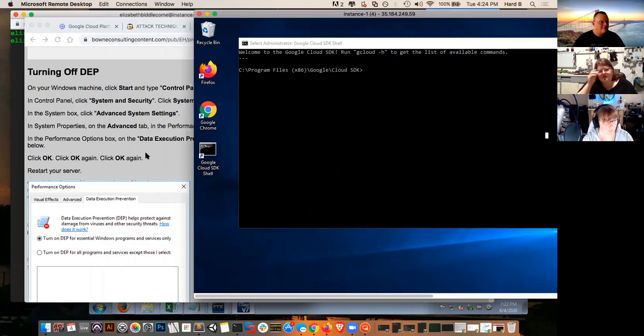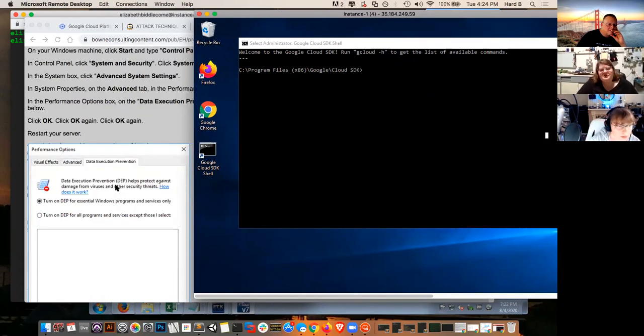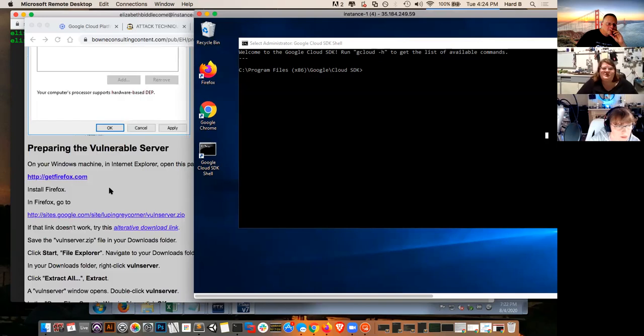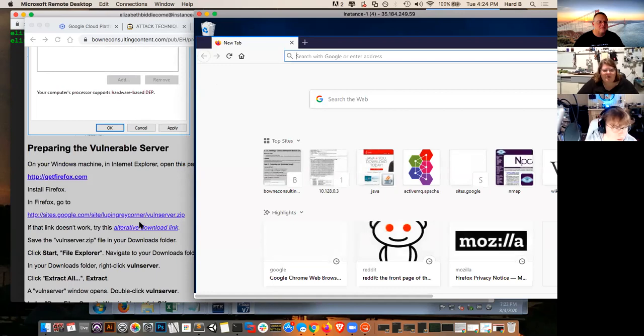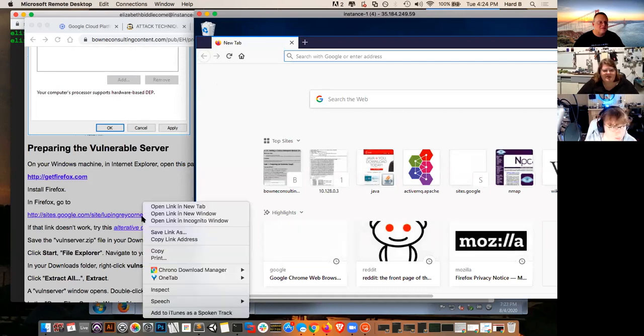Okay. So presumably everyone has got their firewalls turned off in every relevant place. You've got Data Execution Prevention turned off where it needs to be. And we should be good to go at this point. After you've restarted your Windows machine, we are going to go set it up with some more vulnerable services. Okay, what you're going to want to do next is visit this address